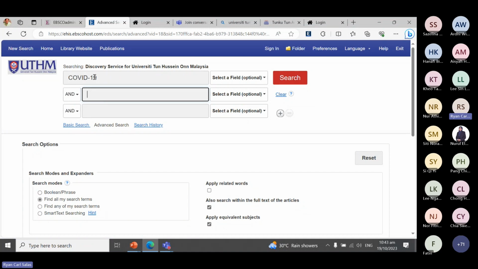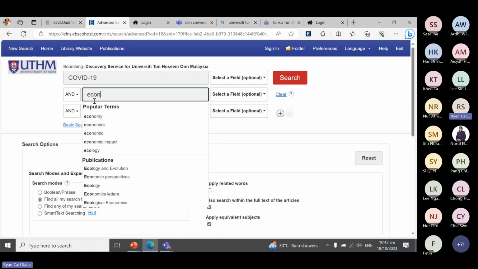And we're going to combine COVID-19 with another keyword. So we're going to use economy in here, but I'm not going to finish the keyword here. And I'm going to replace the last letter or the character with an asterisk wildcard. So if you're following along, please make sure that you replace the last letter of your keyword here with an asterisk wildcard. So aside from economy, I'm also going to think of the different synonyms to help us broaden the